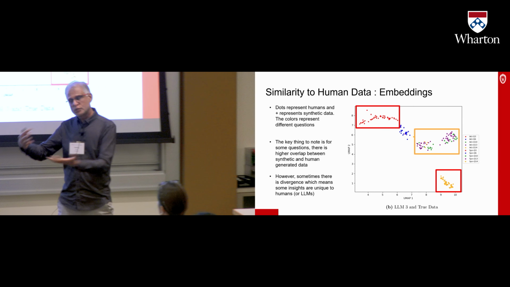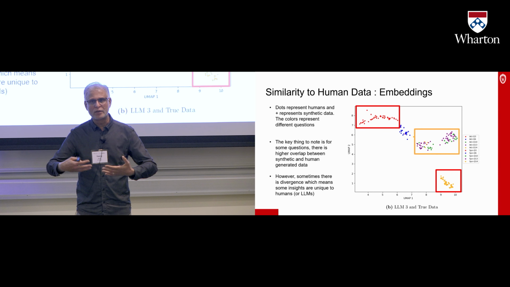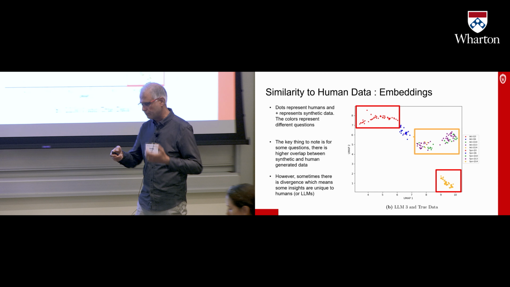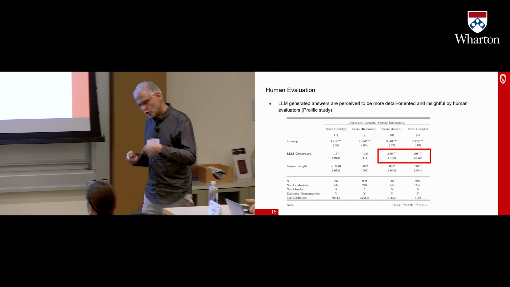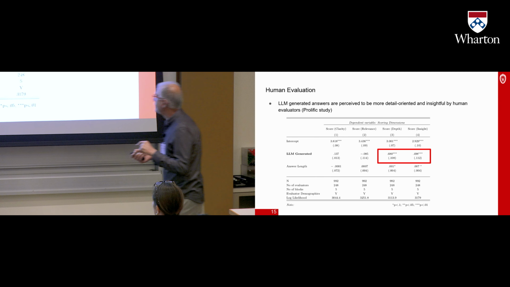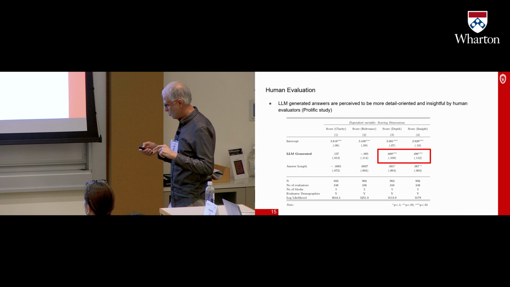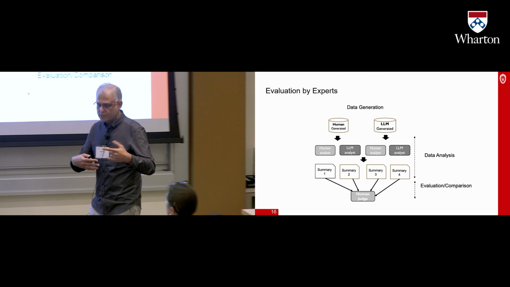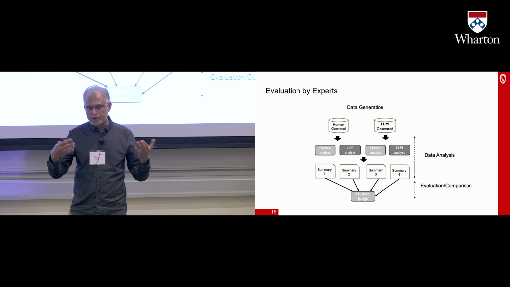The big story here is complementarity: when you use both, you get something over and above the humans alone. So we need both. That's the big story here. We had humans evaluate these data, and we find, again, deeper, more insightful. And these are regular humans on Prolific, not experts.